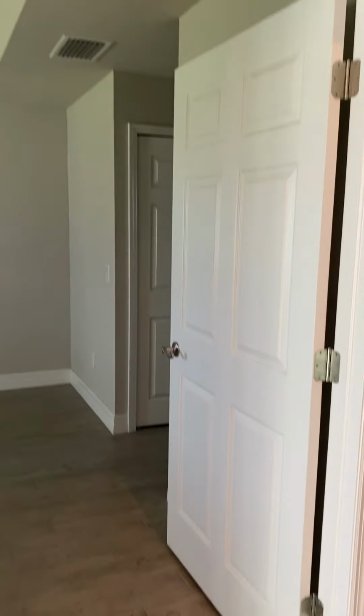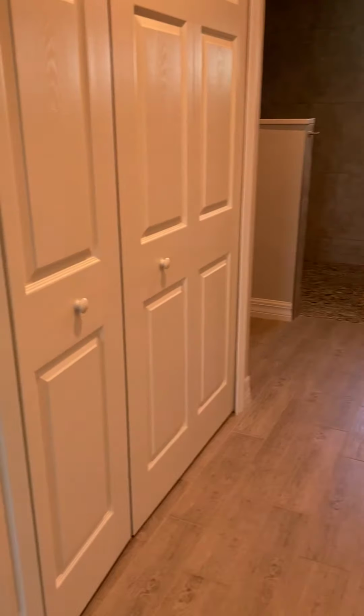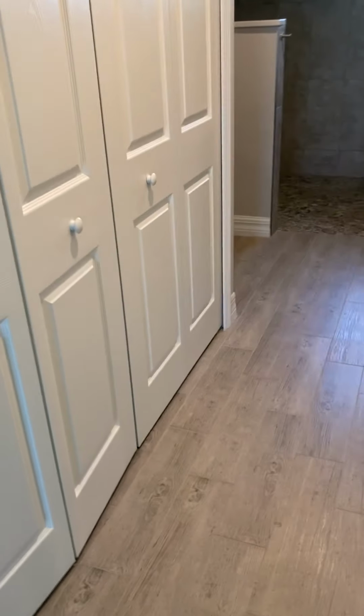All right, so now we'll take you into the master bedroom. Master bedroom with a 36-inch door. Okay, all doors are 36 here. It's a typical master bedroom. It's very nice. Everybody's happy with it. But the feature that we really like the most, the one that really made the difference, in my opinion,